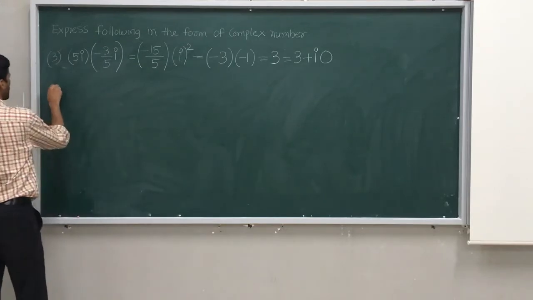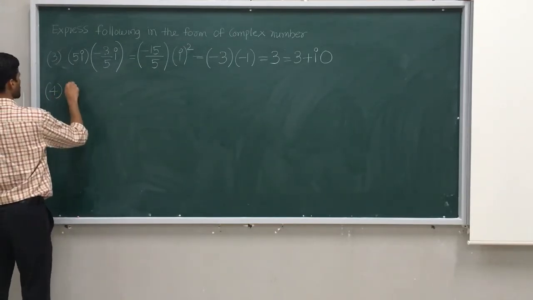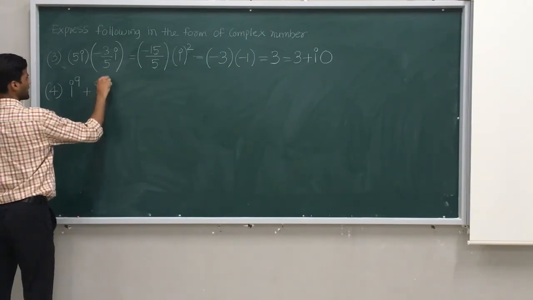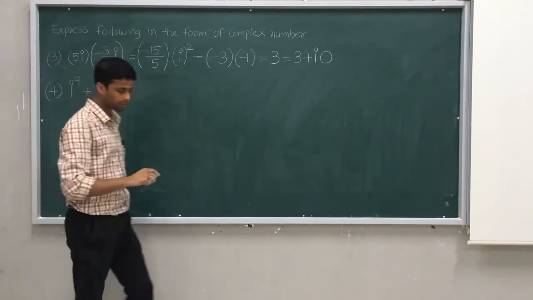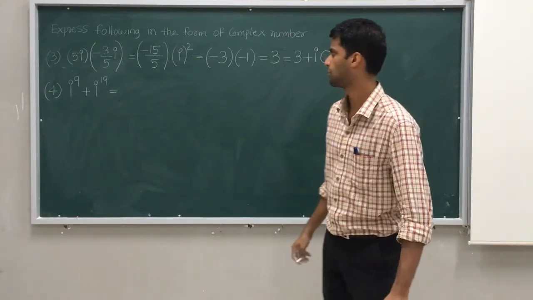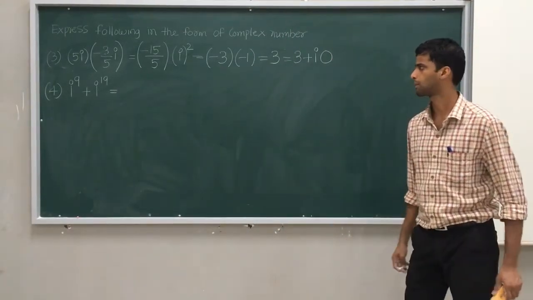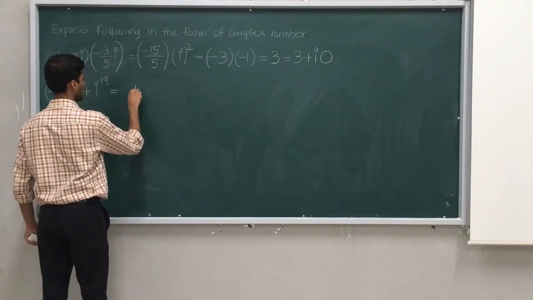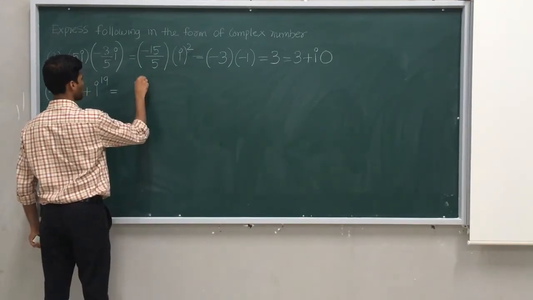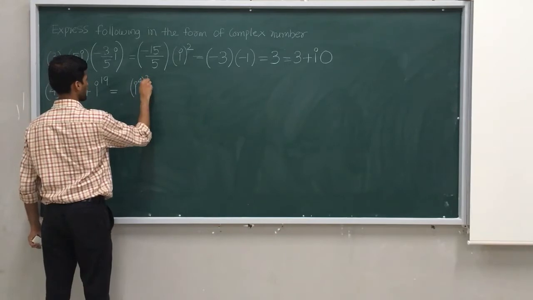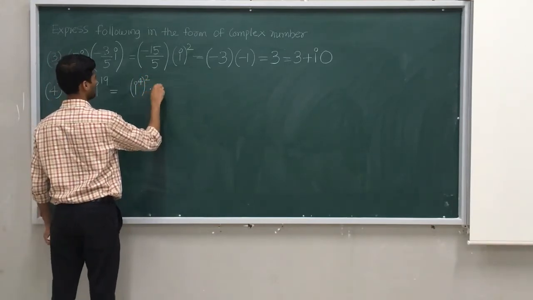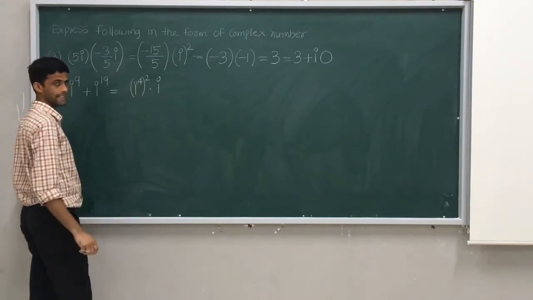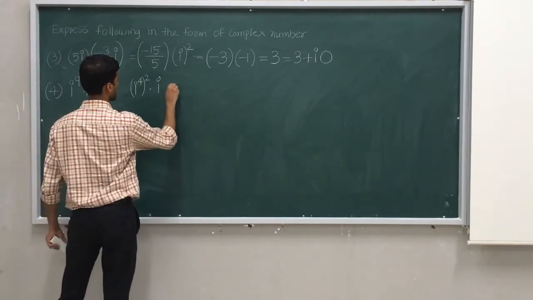That's a challenge, a big challenge. i raised to 9 plus i raised to 19. How to take care of this question? So we know a bit of higher-end problems. Okay. So what if I write like this? If I write like this, i raised to 4 square into i, because a raised to m, 4 twos are 8. Okay. Plus